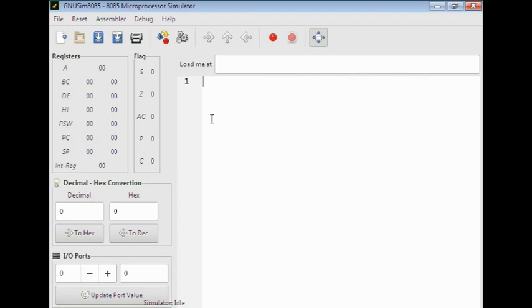After writing the code, the next process is to go to the assembler menu, and here is assemble. You can click on assemble and your code becomes compiled. After compiling, if there is any error, you can correct that error, and then go again to assembler and execute your program by clicking on the execute menu. After that you can see your result by clicking on this button.